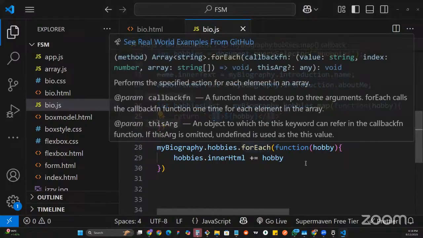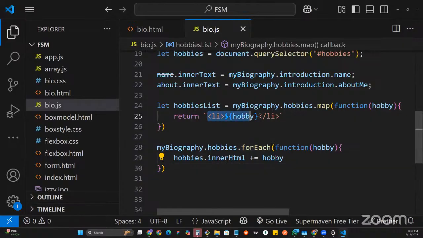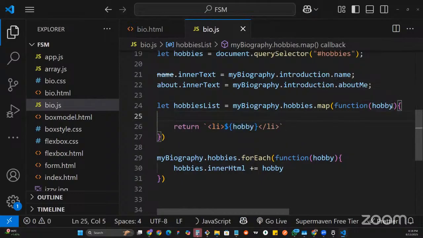So that we no longer have a list of strings, it will become a list of JavaScript elements. So for this dot map, before we return anything, we first of all say